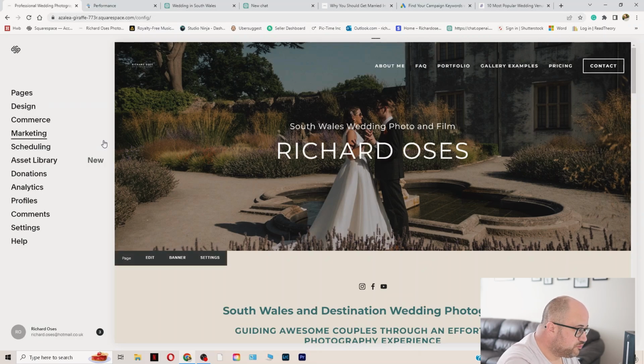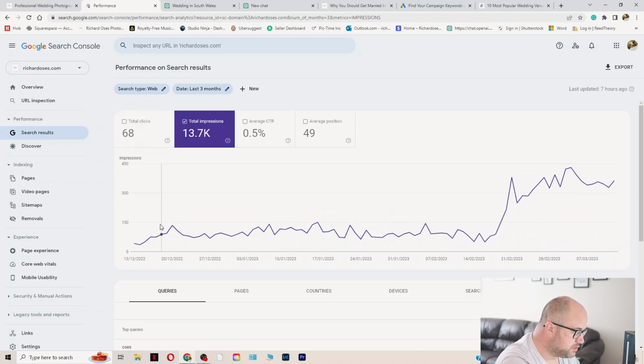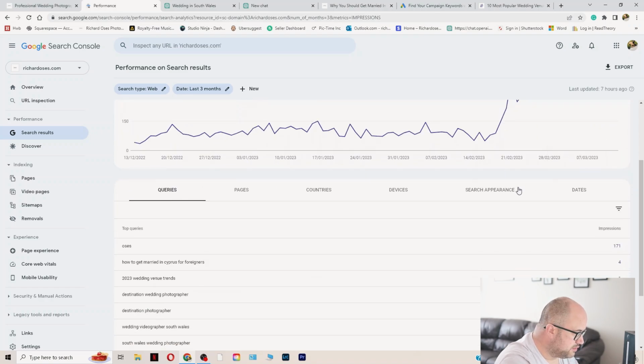So this is the back end of my website. I've got Squarespace, and here we've got the Google Search Console. I'm not going to teach you how to do it, but I just want to draw your attention to here, the total impressions in the last 3 months. If you look at the left hand side, it was pretty low for a while, and then when I started writing articles with ChatGPT, it's had a massive spike there,